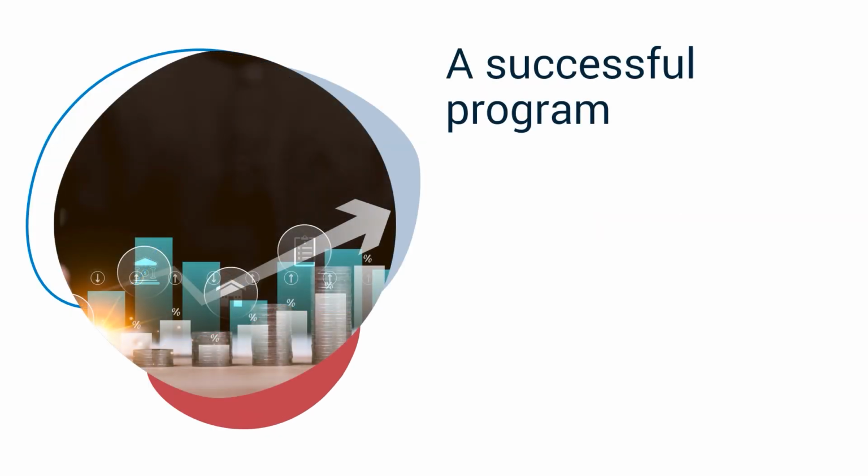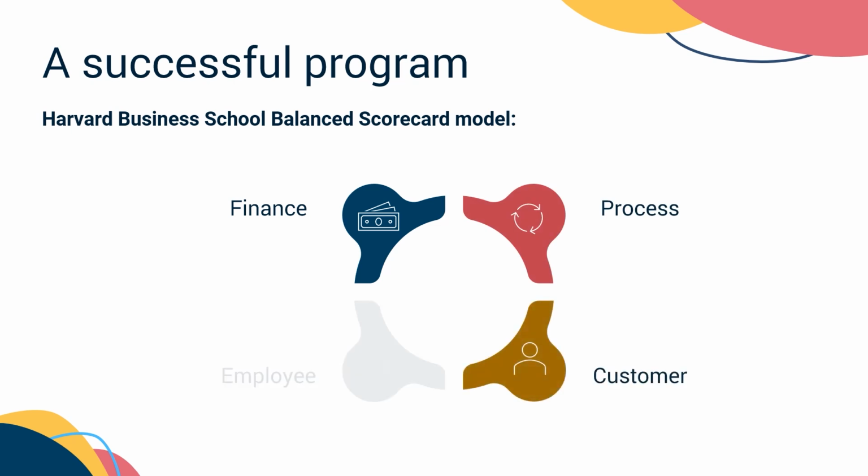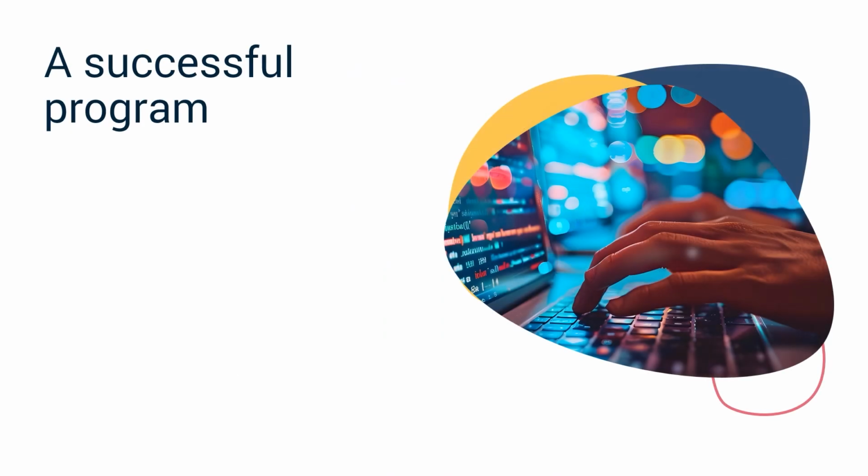What defines a truly successful program? It's more than just completing tasks. It's about smart financial management. According to Harvard Business School's balanced scorecard model, business success depends on 4 key areas: finance, process, customer, and employee. Therefore, as a program manager, your ability to manage finances is crucial in keeping everything on track and steering the